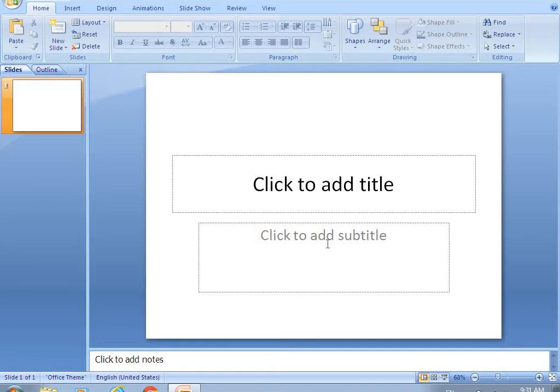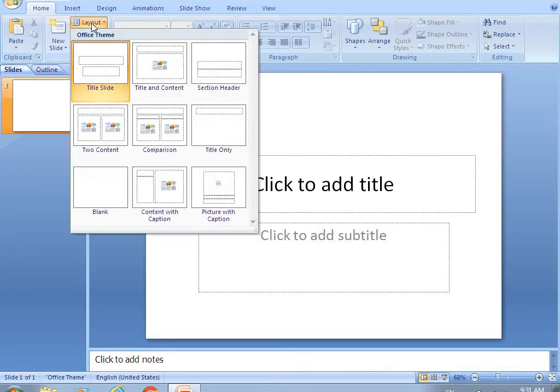If you want to change this layout, you will go to the Home tab, and in the Home tab you have this Layout button. You will press this Layout button and here you have different types of layout like title slide, title and content, section header, content, comparison, title only, and lots of options.